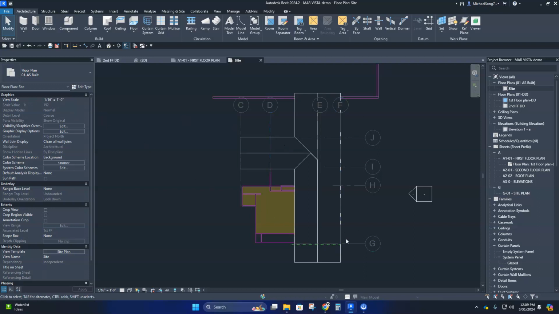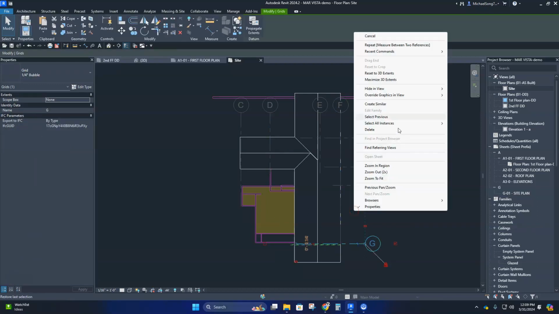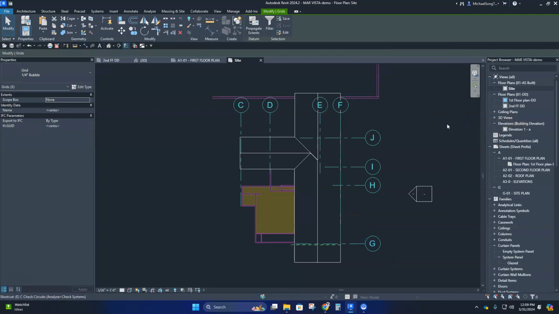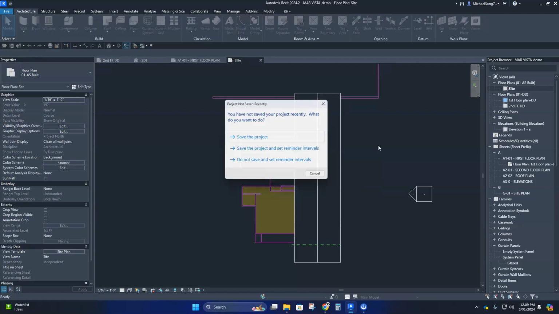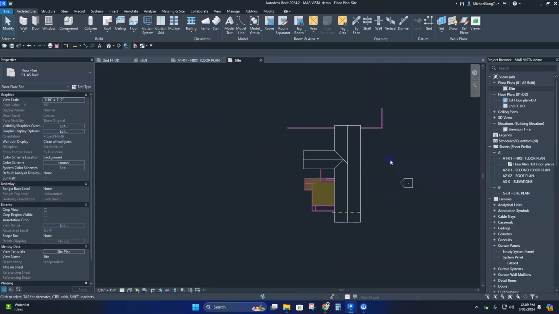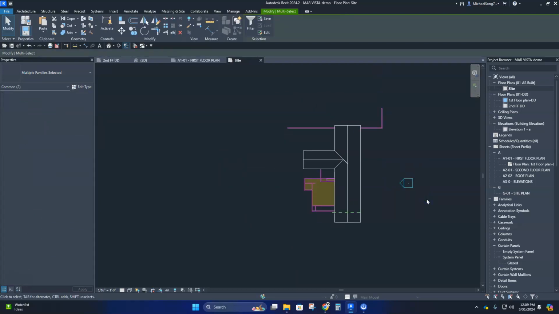I really don't need to see the grid, so I'm going to select all instances and then just hide them. Element hide should be the shortcut. I don't need to see that, so